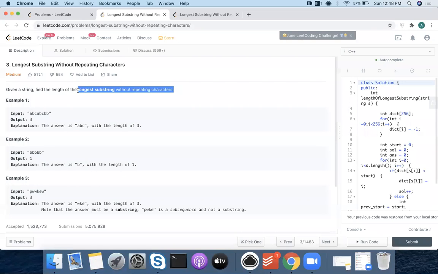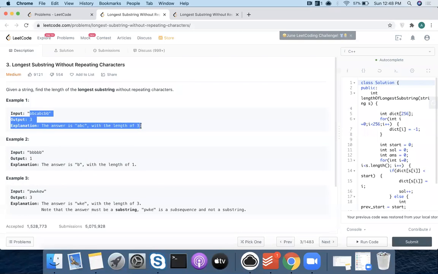But how will you know if they have repeating characters or not? Can you know it in order of one time, or will you have to traverse the string? You have to traverse the string. So again, order of n, so order of n into n square, order of n cube. You can solve it. Does that make sense? Brute force?